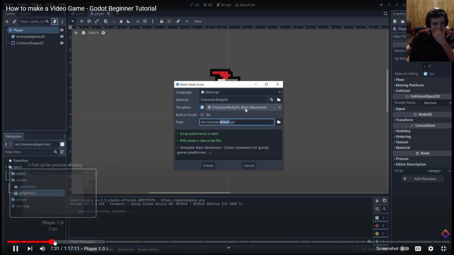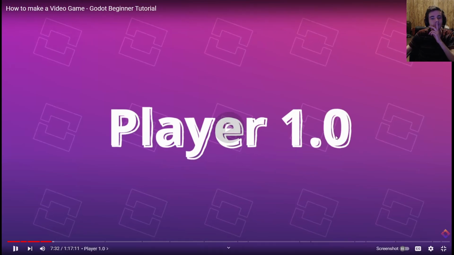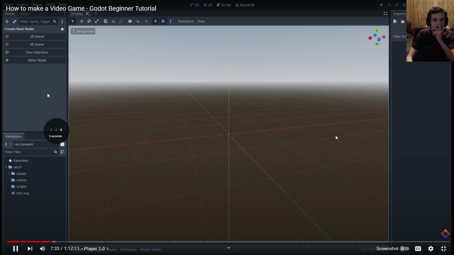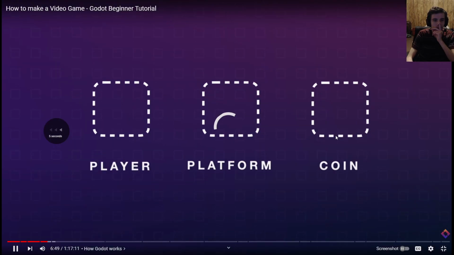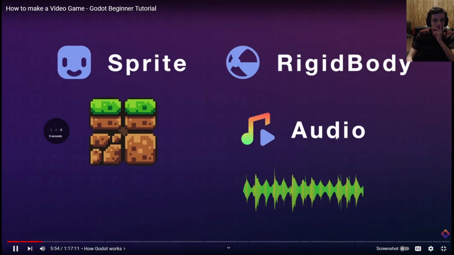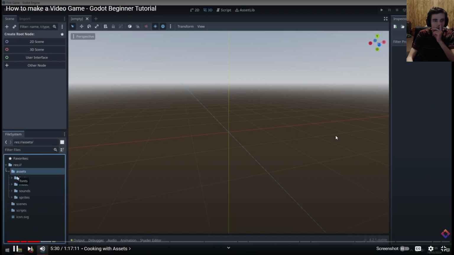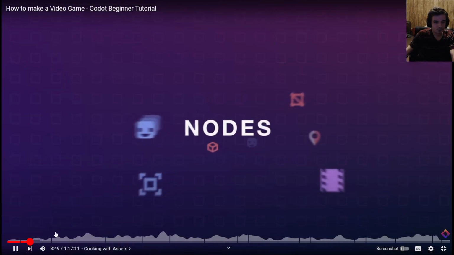Then later, we'll go character. Player 1.0, so game. And we create all this to make our game. So let's talk about how we do that. To make anything in Godot, a game engine like Godot,